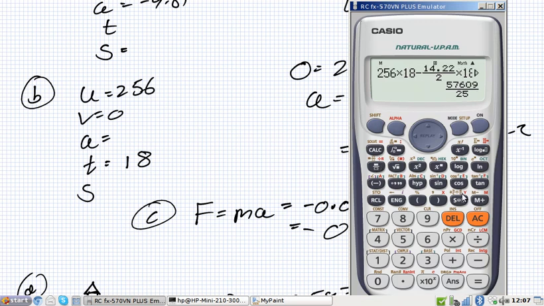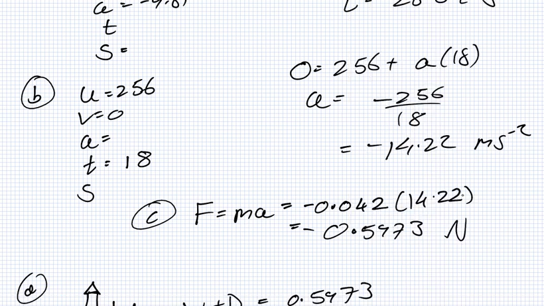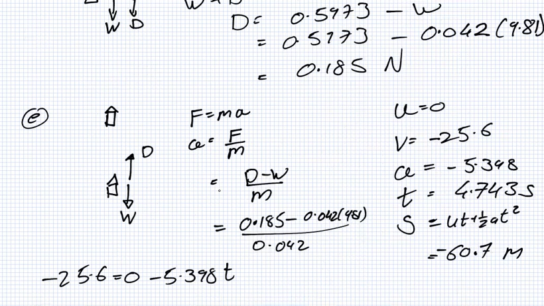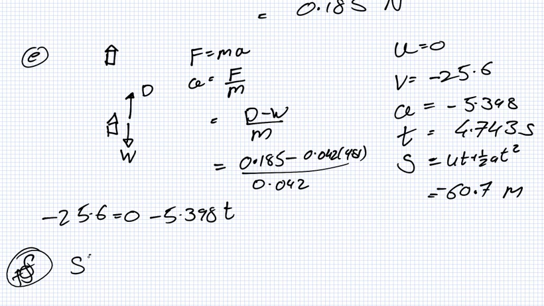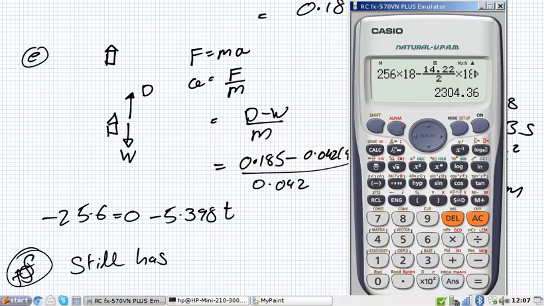So the maximum height here is 2304 meters. So that means, minus 60.7, it still has quite a way to fall. 2244